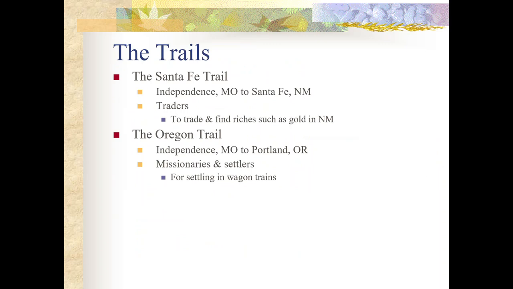Their last stop was Fort Hall, and once they got to Fort Hall, that was their last bit of, quote, civilization before they had to march across the mountains to settle in the Oregon Territory. But as those people got settled in the Oregon Territory, they wrote back about the lush land and the abundance of timber, which is going to encourage many people to continue to move out west.